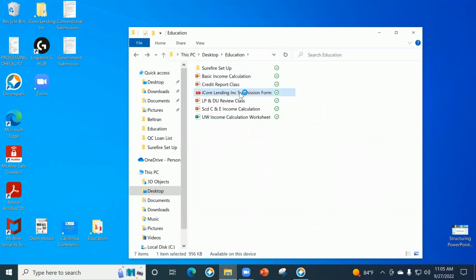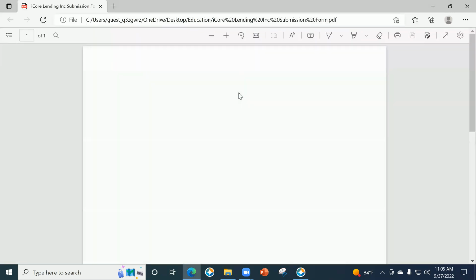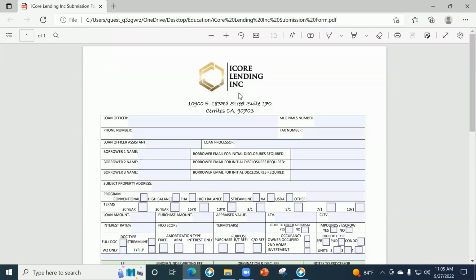So this is called our I-Core lending submission form. Is that the income plus? Is that plus? No, not income. So this is our I-Core lending